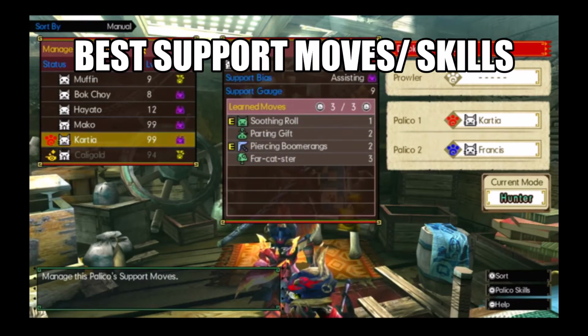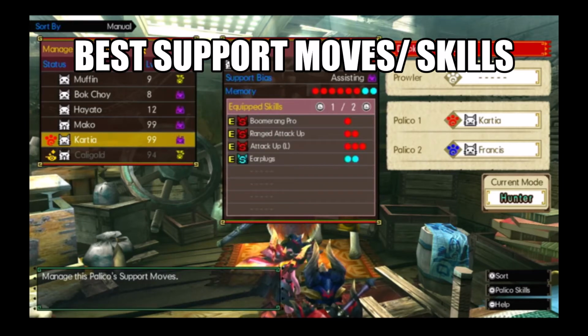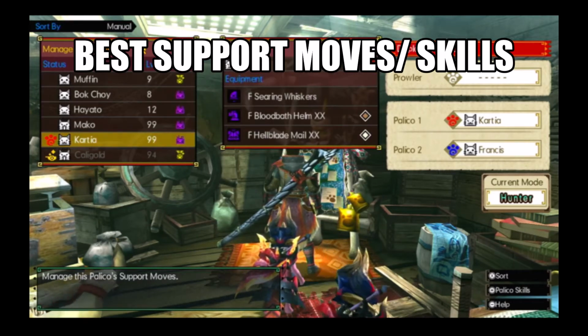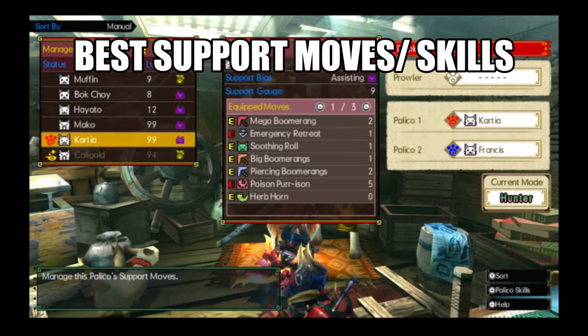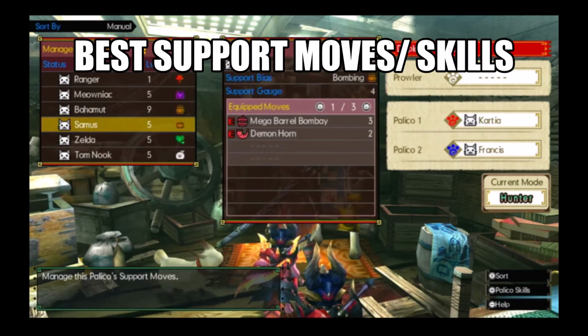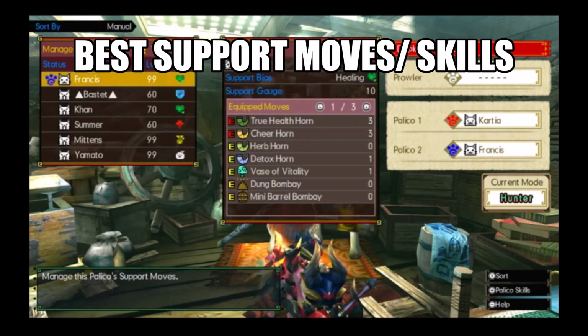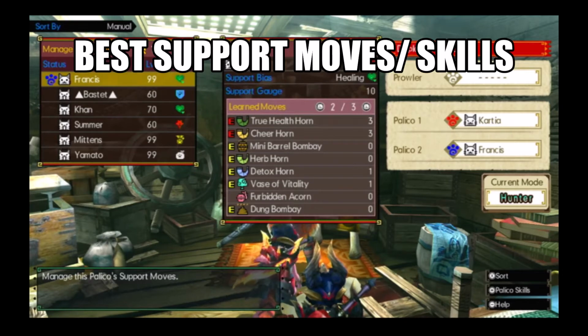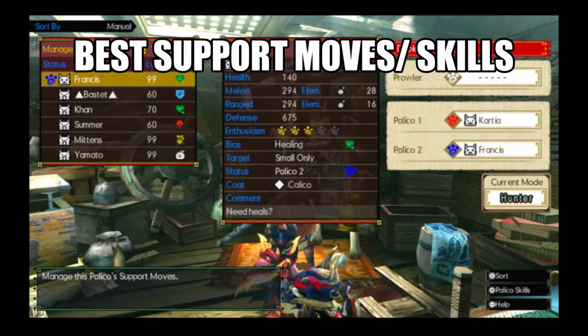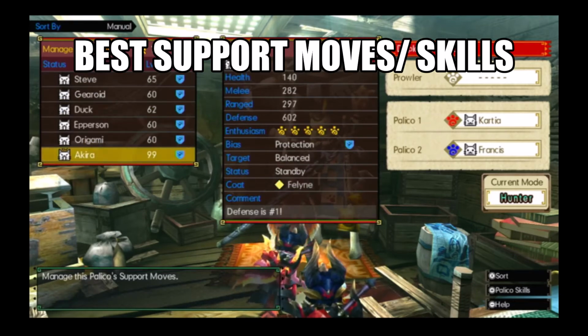Anything else depends on whether you are playing Prowler or not, but support moves like Soothing Roll are decent. You can unlock various moves and skills by fulfilling the requirements while the Palico is in your party. For any ability that doesn't buff raw damage, just read the effect and use it if you like the description. I encourage you to experiment with the obscure Palico moves because outside of DPS, there isn't much of a meta